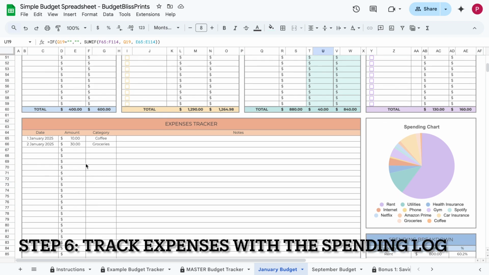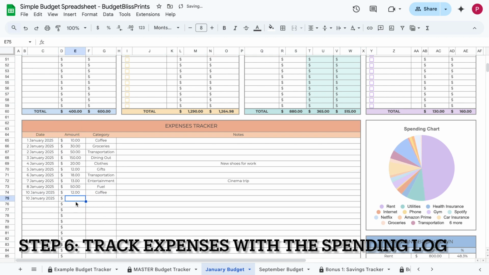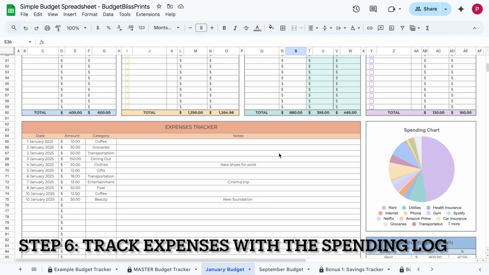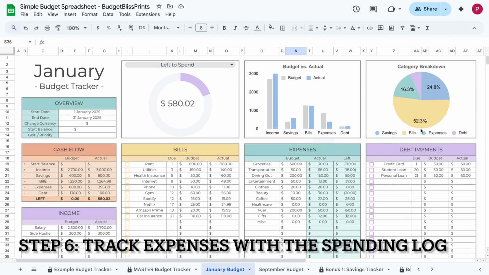So if you missed any subcategories, just add them up top and the drop-down will reflect those changes in the spending log. As you track your income and expenses, the charts and graphs will update automatically. This will give you a visual breakdown of how much of your money went to bills, expenses, savings, and debts. It's really helpful to see at a glance where your money is going and where you might want to make adjustments. These graphs will update as you enter more transactions, giving you a clear picture of your spending through the